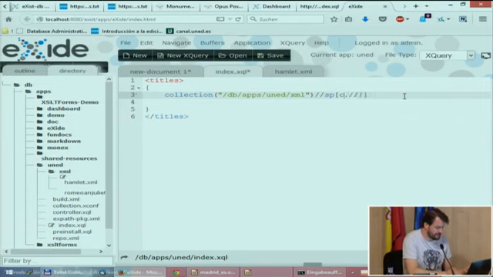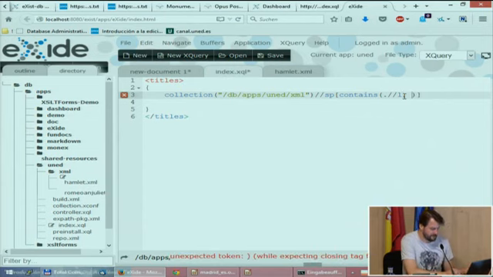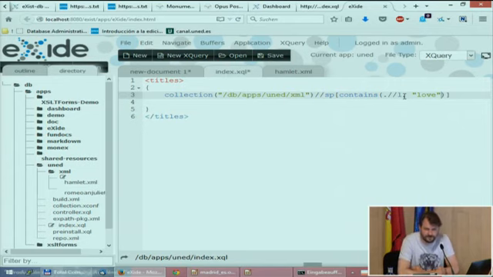So we have to use another function, contains, and this function takes two parameters. The first is the so-called context node. This is the line, and this is the search term. And when we save this,